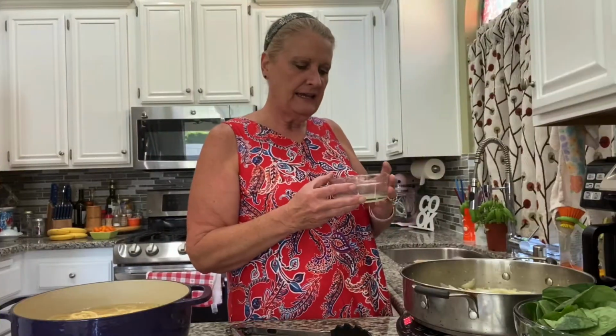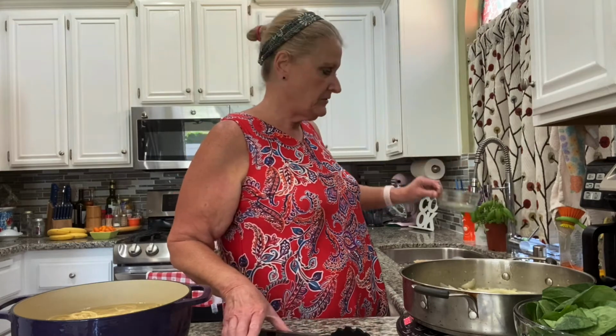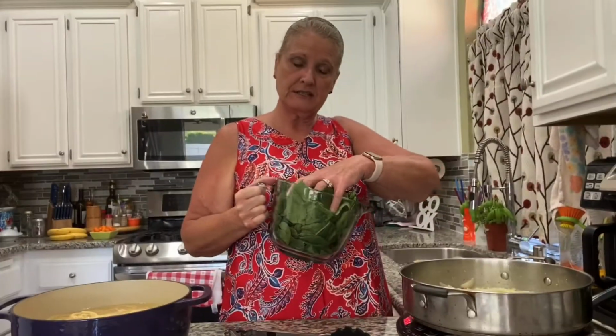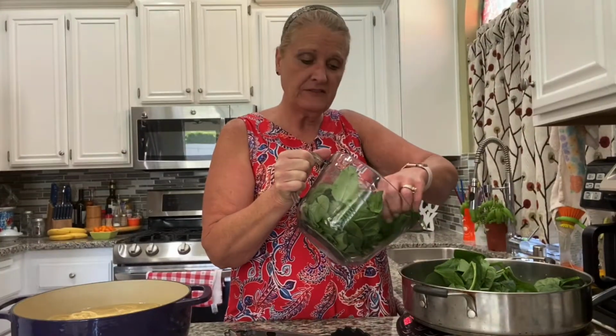Now I want to add the juice of 2 lemons. I'm going to add about half of it now and see how it tastes, and if it needs more lemon flavor, then I'm going to add more. I'm going to turn this up too. This is 8 ounces of spinach. I'm going to add about half of it in,